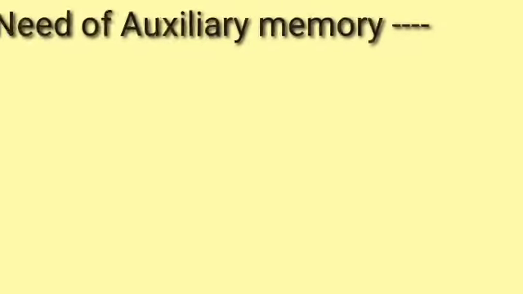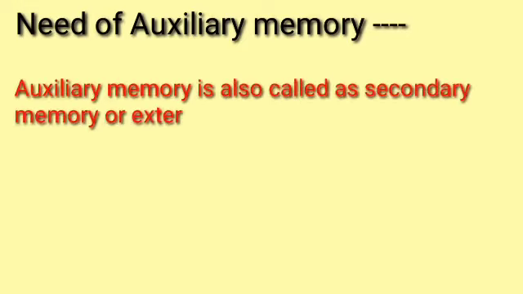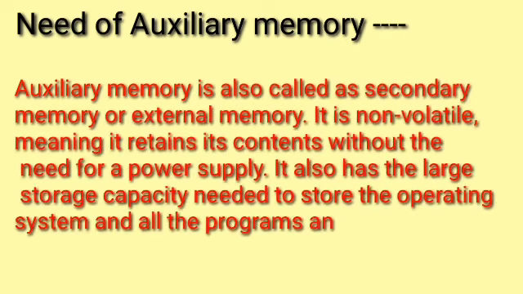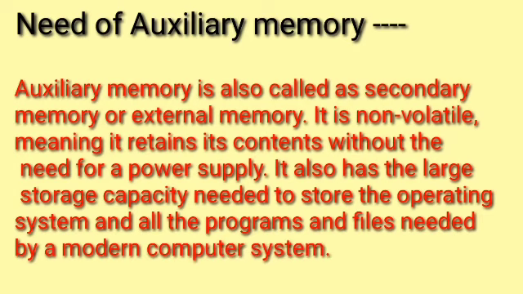All right. Let us see the next important question, which is the need of auxiliary memory. What is an auxiliary memory? It is actually the secondary memory of the computer, or you can say the external memory of the computer, which is required when you want to increase the storage capacity of your system. Whenever we purchase any particular system from the market, primary memory is already there, RAM and ROM, but if your storage capacity goes full, or if you are having less storage and you want to store more amount of data, you can go on and purchase the secondary memories from the market.